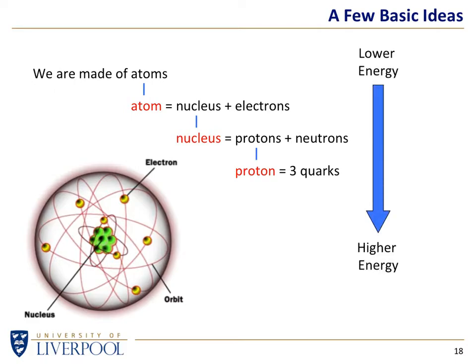So our understanding of the micro world went in that direction because it takes more and more energy to split things apart. It takes a small amount of energy to take a molecule and divide it into its atoms. It takes more energy to split the atom into nuclei and electrons. It takes a huge amount of energy to take a nucleus and split it into protons and neutrons. It takes an enormous amount of energy, like the Large Hadron Collider, to take a proton and split it up into its constituent quarks.